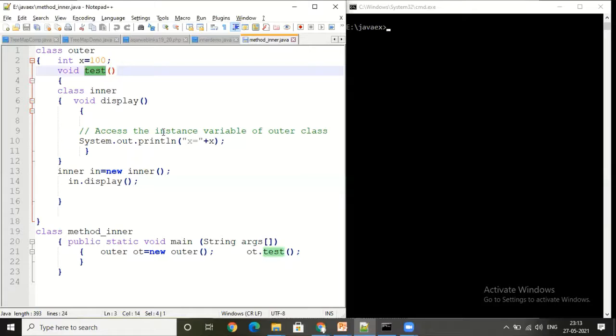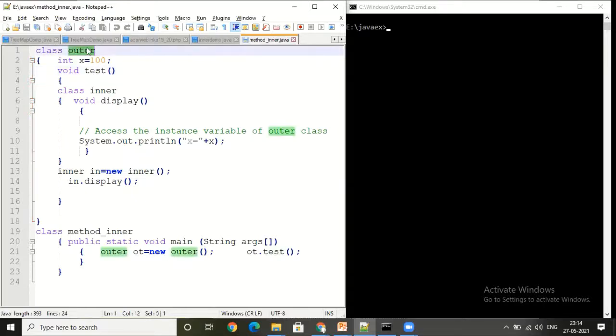So now the scope of that inner class will be limited to that particular method, not the class. So always remember, that class will execute within the method only. You cannot create the object of this inner class outside this method, nor outside that outer class either.